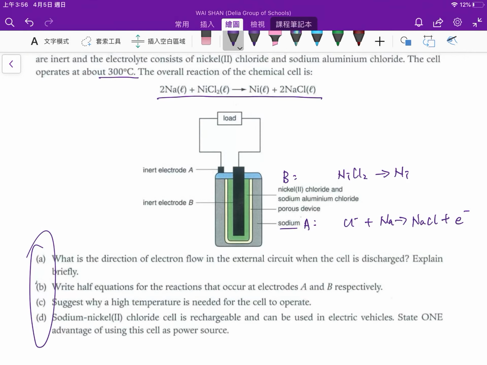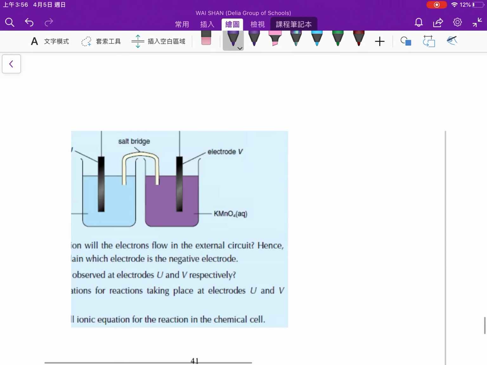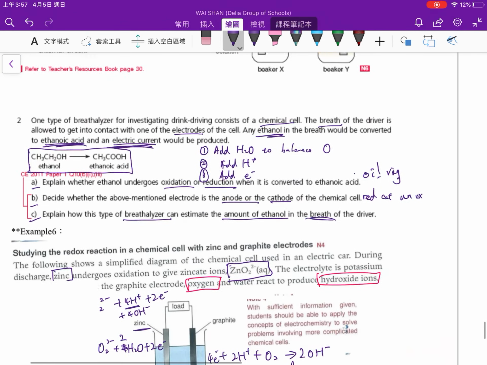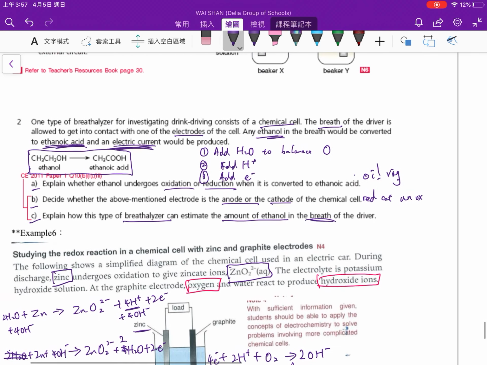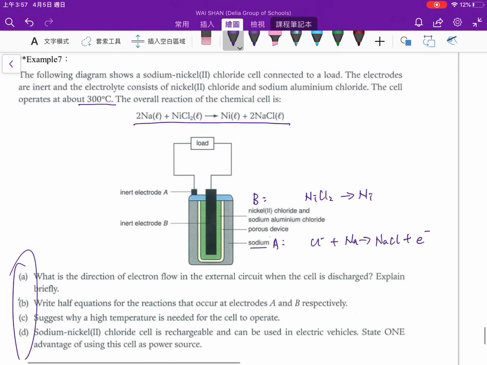That's all. So in this task you have to complete example 5 and question 2, example 6 and example